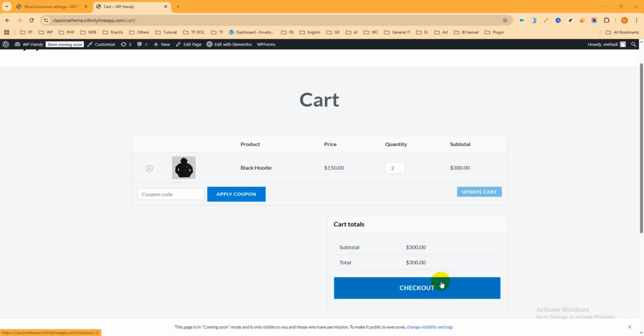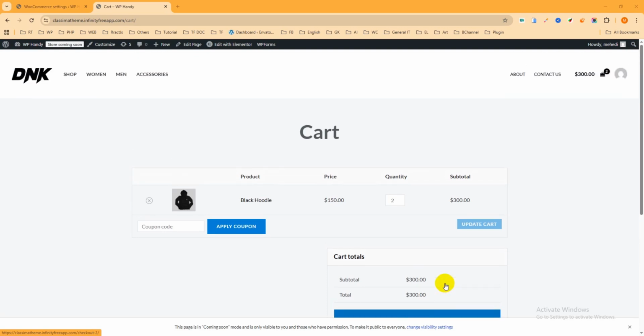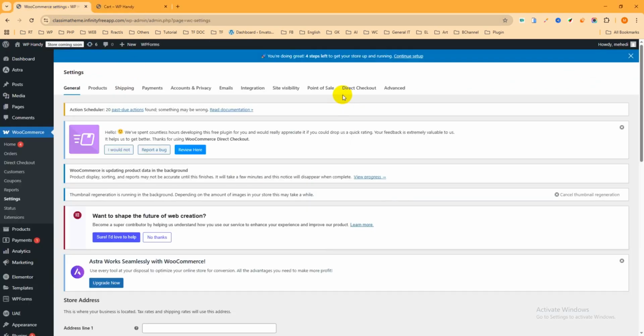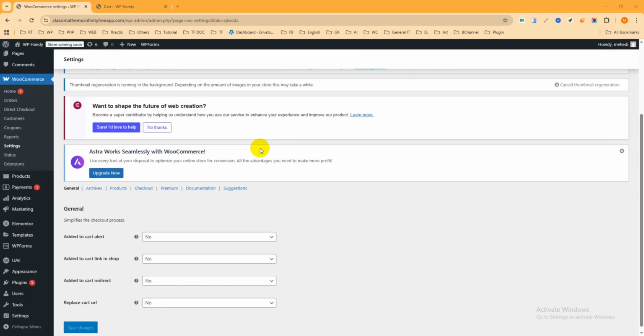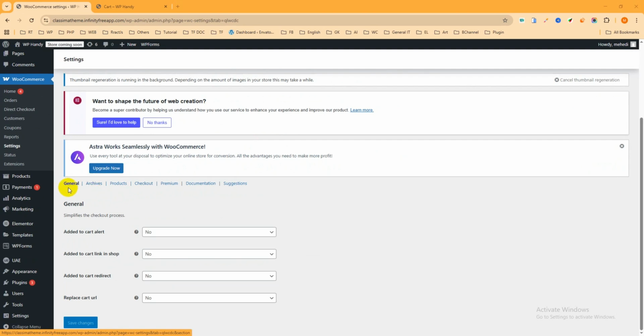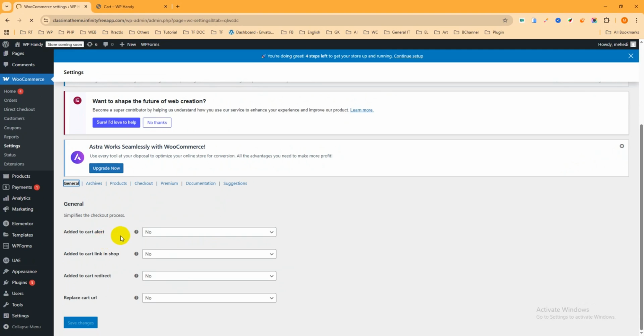So okay, in this tutorial I will show you how you can just click the buy now button, then it will directly redirect to the checkout page. Okay, so again go to the dashboard and navigate to WooCommerce, then settings, then this is the direct checkout. This is the plugin settings page. Just click over here. This is the direct checkout. Then scroll down, then very fast you can see this is the general tab. Just click over here, then add to cart alert. Yes, I want to show it. Then